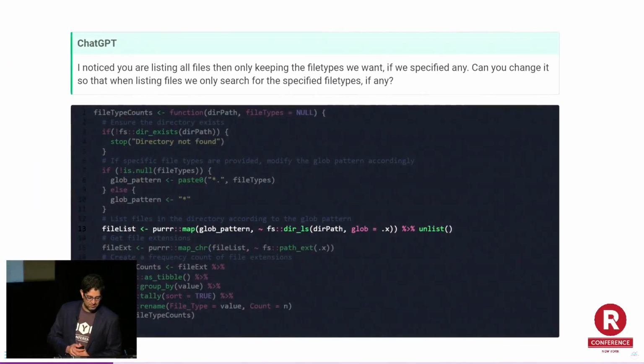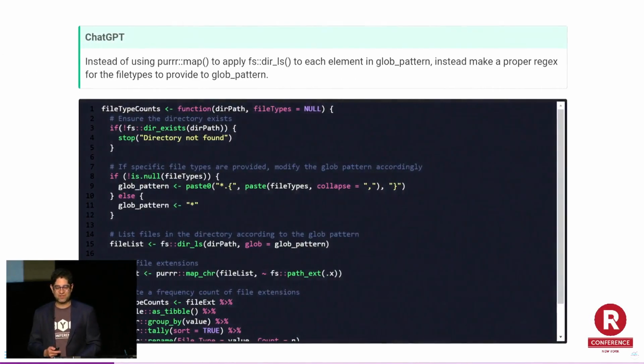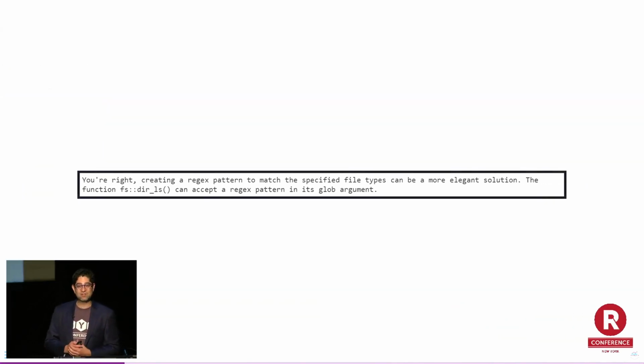Hold on, did I skip something here? Yeah, sorry. Nope, we're good. I said feed the regex to the glob. And then it gave me a note saying that using a regex instead of purrr is more elegant. Where did it learn that? Is that getting it from Stack Overflow saying there's a more elegant solution? Whatever it did, I'm very happy it came up with